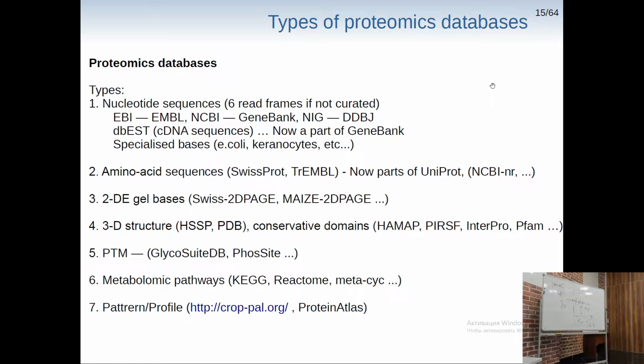Unfortunately, now most of those databases are defunct because nowadays we mostly use mass spectrometry, and if you want to compare proteomes, you will just try to identify the differences. You don't need to know all those housekeeping proteins which are at a high concentration, which are mapped on those gels, but it can be beneficial, and some of them, like Swiss-2DPAGE or some, for instance, for maize, are also available. Aside from identification by mass spectrometry and gel electrophoresis, there are databases on 3D structure of your protein,